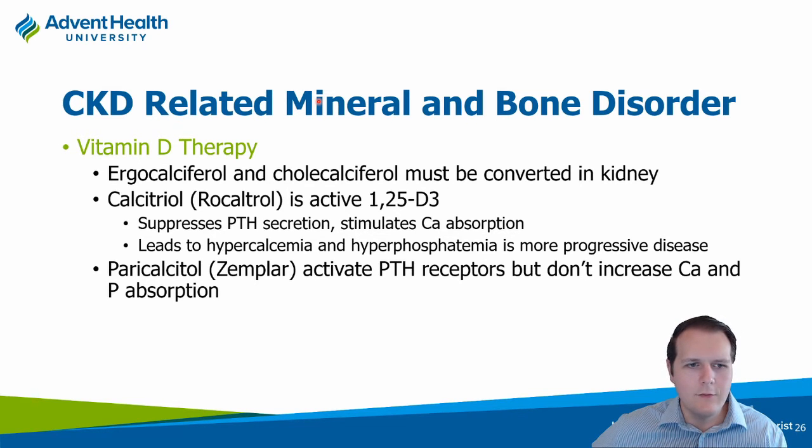That's the active form. And you're going to find patients with poor kidney function cannot form that calcitriol, and that is going to be leading the parathyroid to say, hey, there's not enough vitamin D around here. Let's go ahead and try to absorb more calcium from the kidneys and from the GI tract and all of that, and from the bone. So you're going to find that if you can't get the vitamin D levels under control, this is going to worsen the hypercalcemia and the hyperphosphatemia in patients who are a little bit more progressive in terms of how diminished